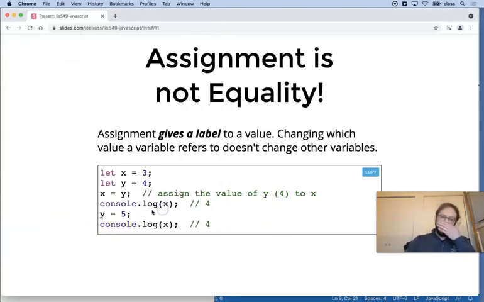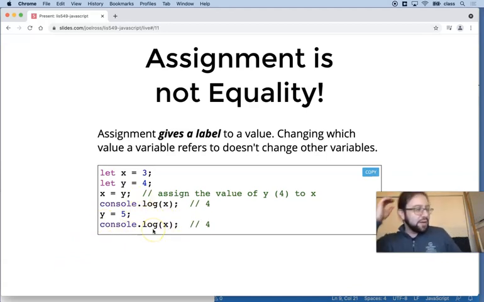Okay, back to this example. So x is now 4, right? We log that out. If we then take y and take the y label and move it on to 5, that's okay, that's fine. But the x label isn't attached to the y. The x label is attached to what y was attached to, right? So x is still 4, because we didn't go to the y name tag and hang a new name tag onto that. We said let's go to what the y name tag is on and let's smack an x name tag onto it as well. So then if I do console log x, that continues to be 4